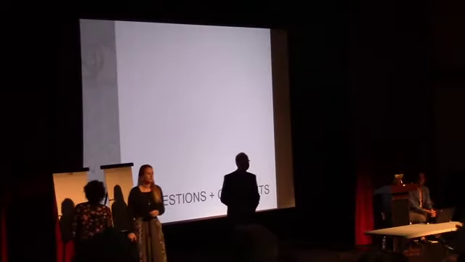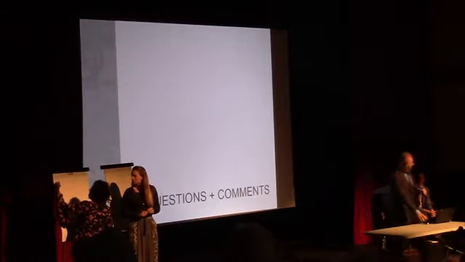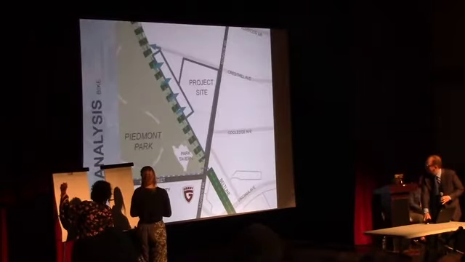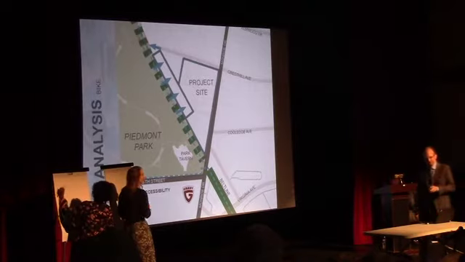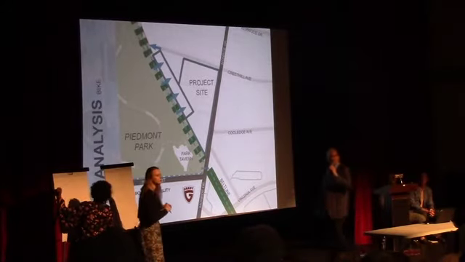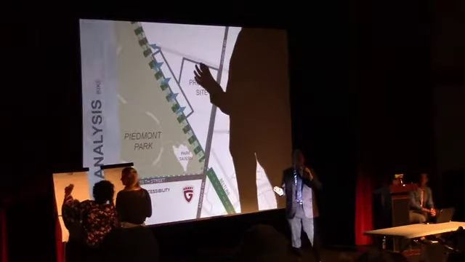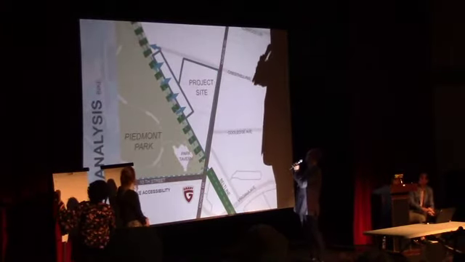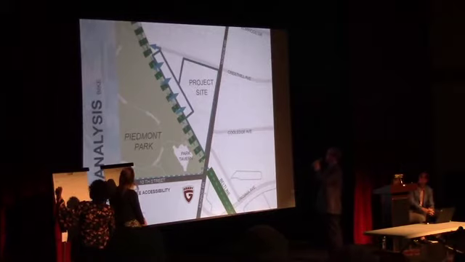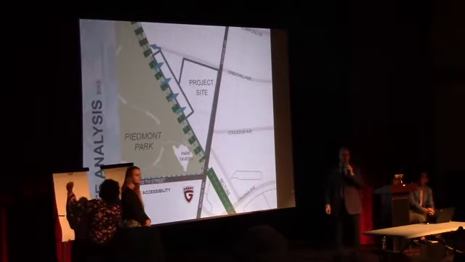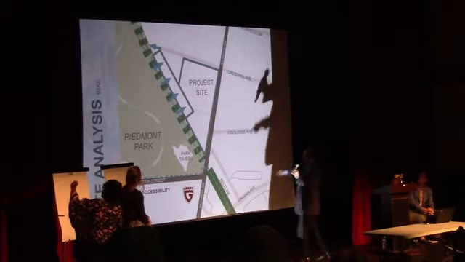I just wish you would repeat the thing about access points and where the single family stuff is, and where the road is. Sure. The question is to clarify the access points and make sure we're clear on where the residential is. So this diagram, sure. I can do it.